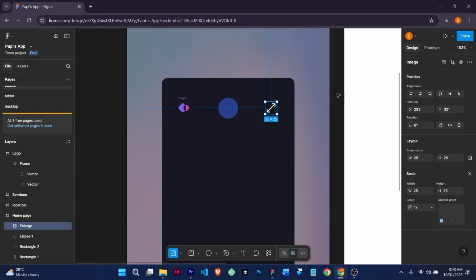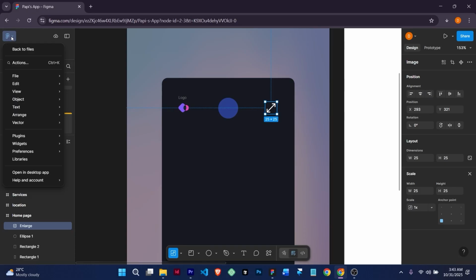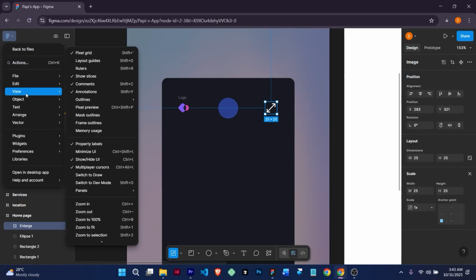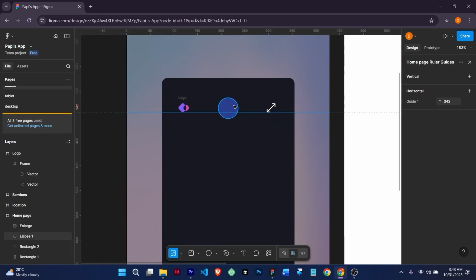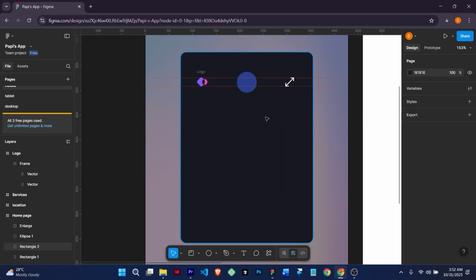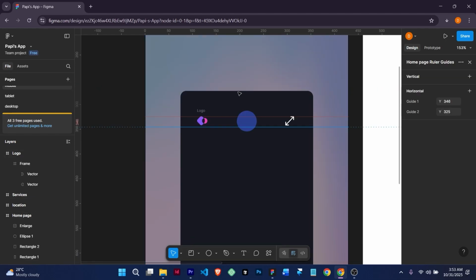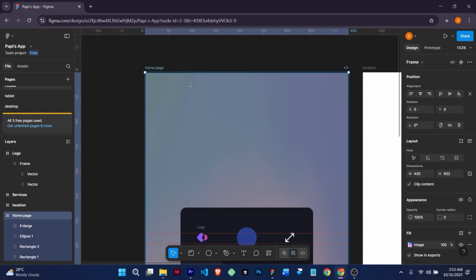Alright, and in Figma you can also use the ruler tool. So when you go to your menu, which is the Figma icon, you're going to go to View and you'll see Rulers. Okay, so your rulers will appear here, and you can use them to help you align your designs. So in Figma, as well as using your rulers, you can also use a tool which is called layout grid. So with the layout grid, you have to make sure you've selected your home